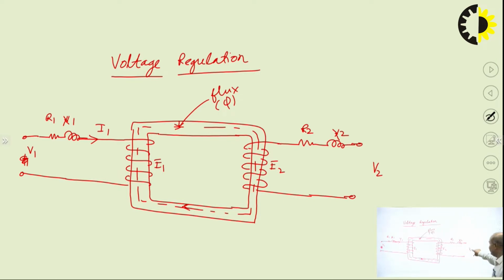So this V2 will be less than E2 sometimes, and it will be more than E2 at other times. So we will explain when V2 will be less than E2 and when V2 will be more than E2. We will explain by taking the phasor diagram of this. Now suppose, as we have said, E2 is the secondary terminal voltage